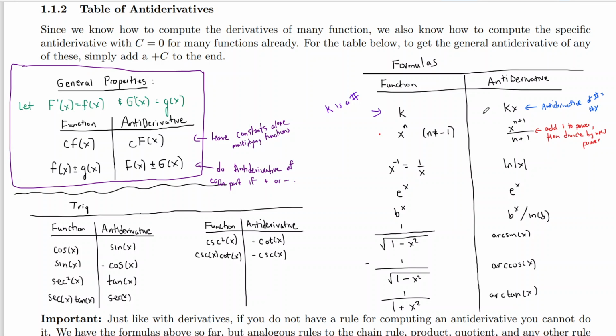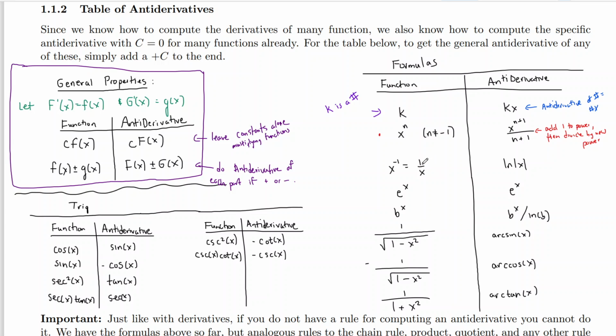So that is the power rule for antiderivatives, and just like with derivatives, it's really good to remember the wording. Knowing the formula, of course, helps, but knowing the wording is almost more helpful for a lot of these. Now, there is a condition here that n cannot be -1. Why? Because when n is -1, not only can you not use this formula because you'd have division by 0,